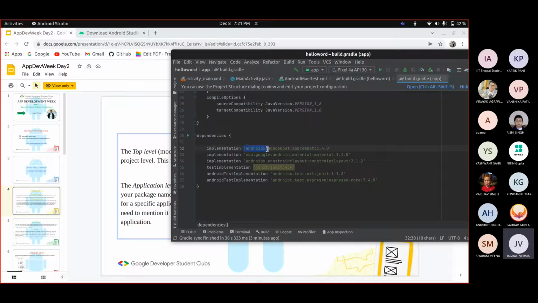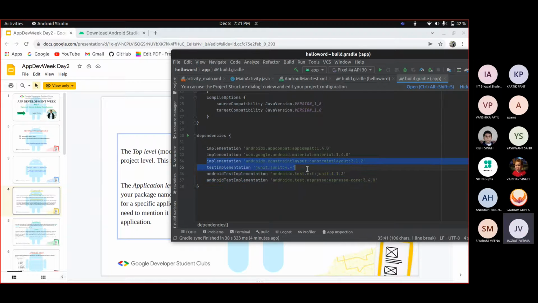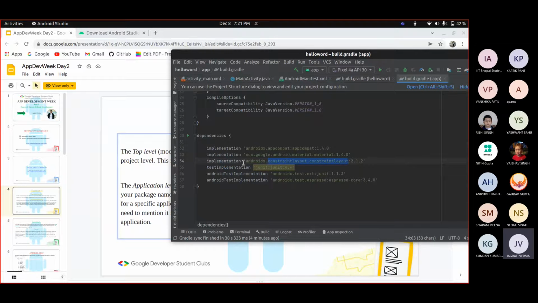For now we are using AndroidX. Previously we used to use, I think, Android v11 or v7. Here we have first of all used a dependency of constraint layout, and this dependency is used for our UI part specifically.